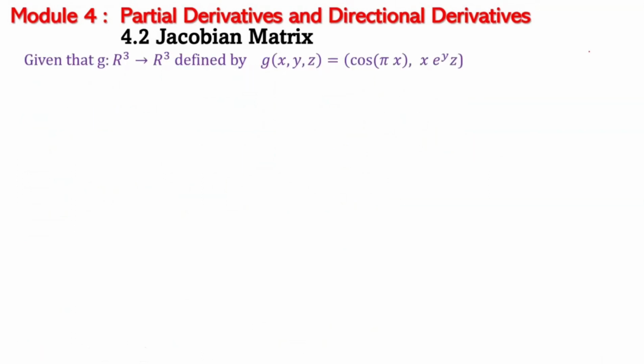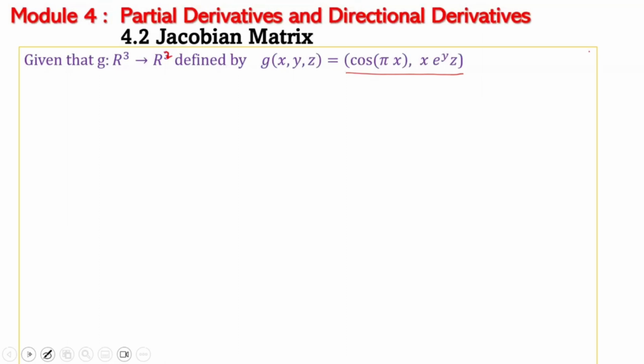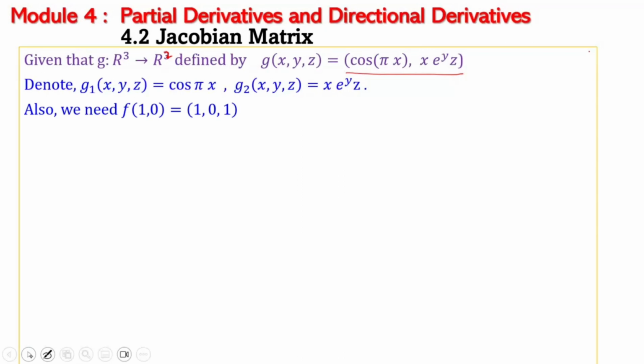Now we'll calculate for the function on R3. G is from R3 to R2, and it's defined by this function. So again, we'll consider two components of G. G1 of x, y, z is equal to cosine pi x, and G2 is x e to the power y and z. Then we also note that we have to calculate at